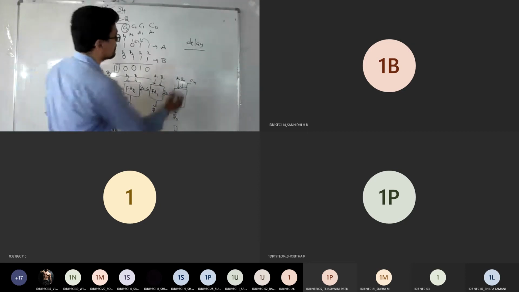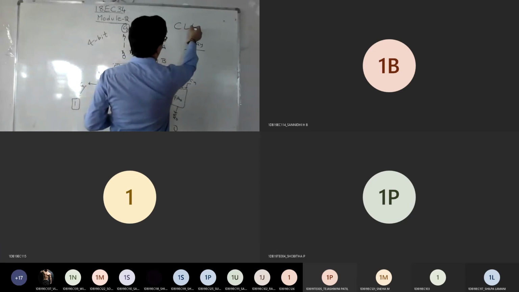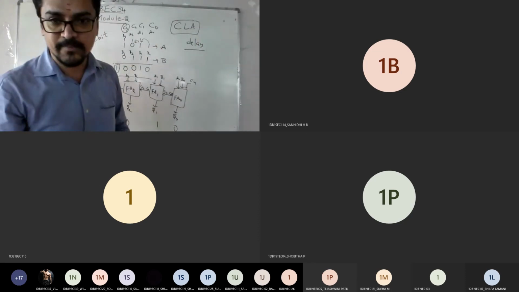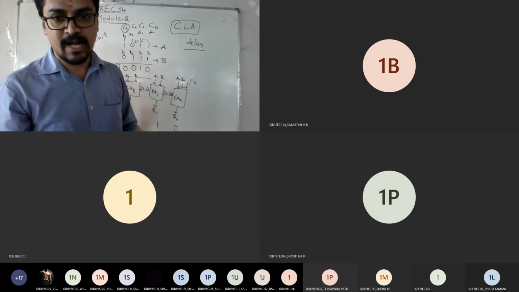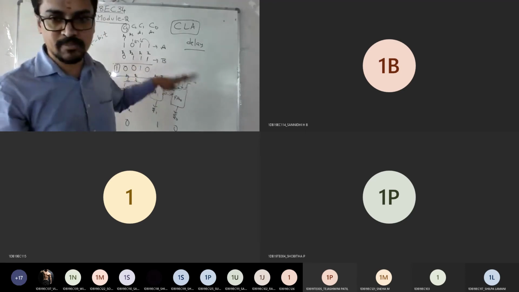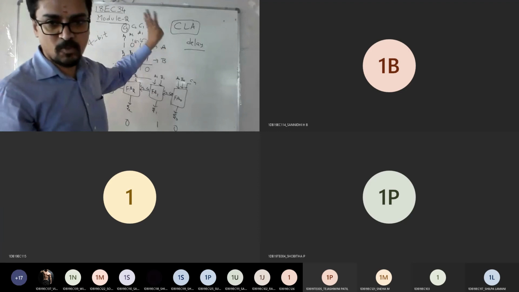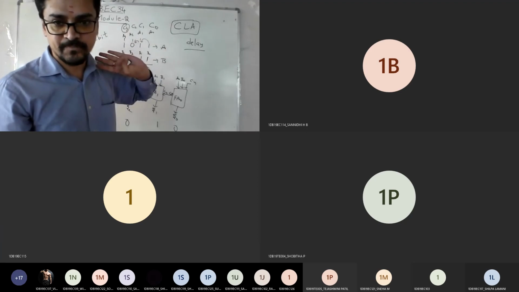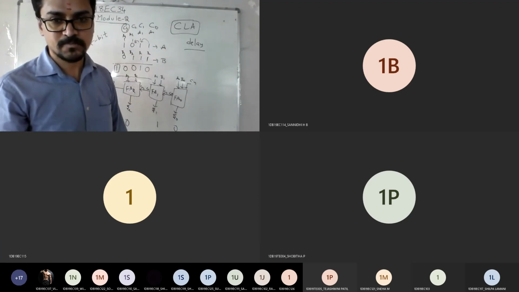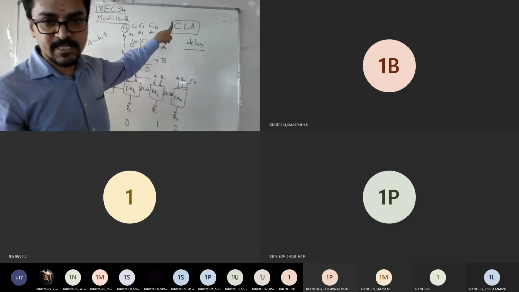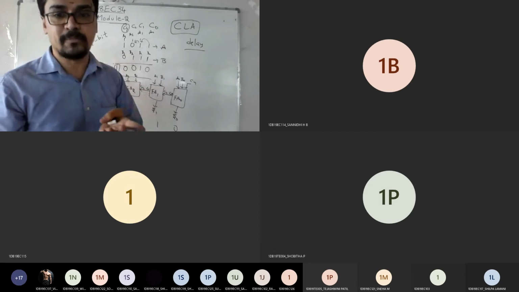That is where your CLA comes in. CLA stands for carry look ahead adder. How it is going to overcome this, we'll discuss. Before that, did everyone get the concept of why this CLA comes into the picture? Yes or no? Yes, sir. The answer for CLA is in order to speed up.